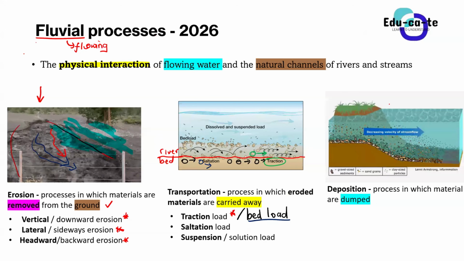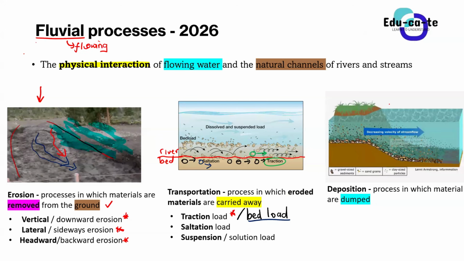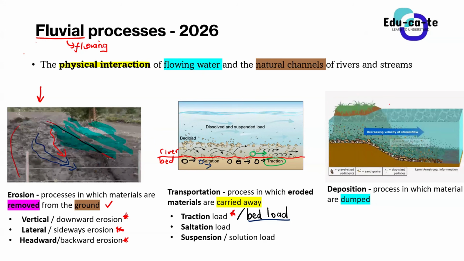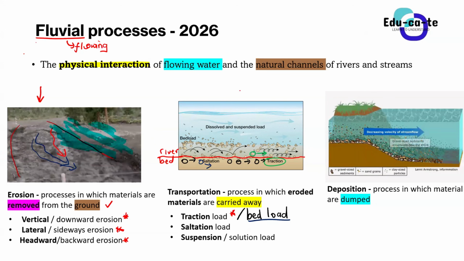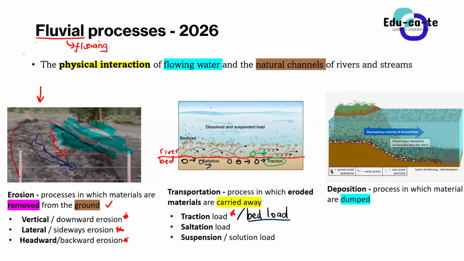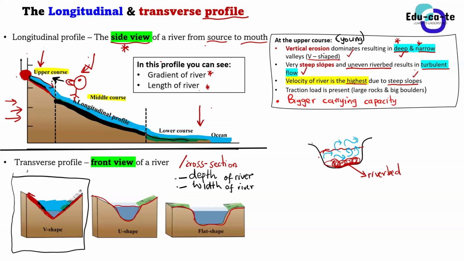It washes them away. The water carries them downstream. The water carries the rocks and the soil that has been eroded from the ground. It carries it as it flows down. So at the upper course, the river is able to carry more because it is flowing faster. Guys, when water is flowing faster and violently, it's able to erode the soil and carry it away. That's why we say that it's got a bigger carrying capacity.